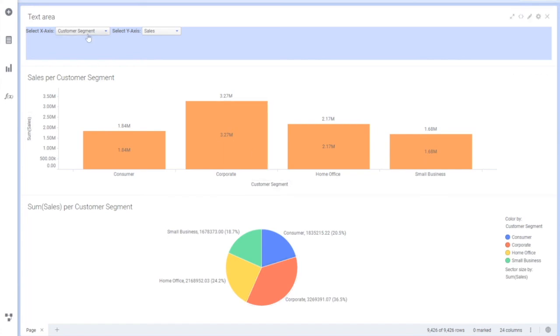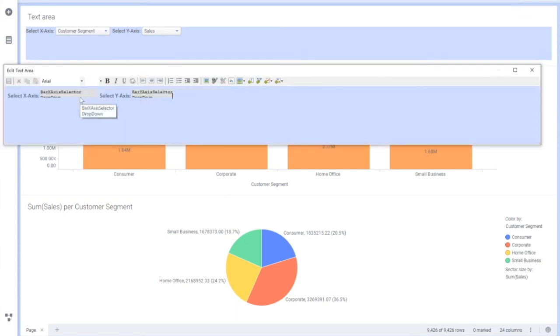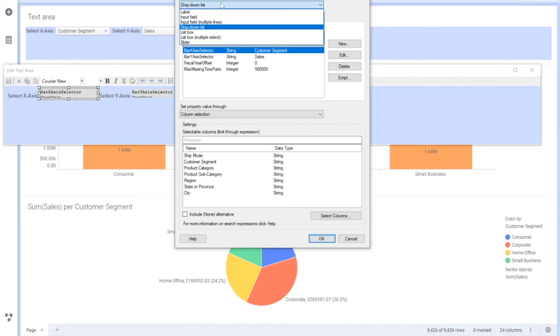Now people might say that this is allowing me to select only one selection. What if I want to have multiple selections? For that, you have to use a multi-select list box. For now, I'm not creating a new one. I'm just going to change this x-axis one to list box. So here you see drop down, I'll say list box. If you use the list box, you will be able to select one. If you select multiple list box, you will be able to select multiple.